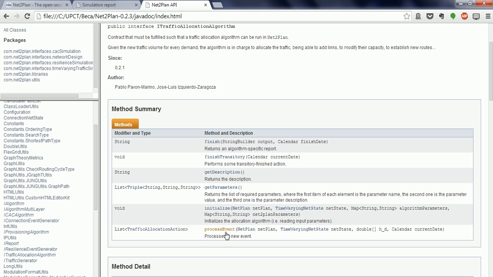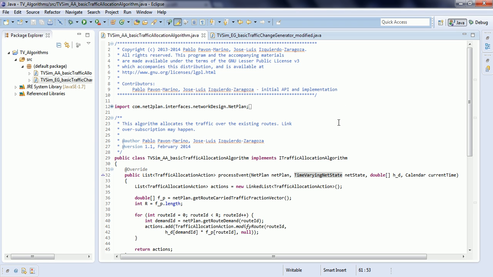Now, the process event is called each time a new set of demands has been generated and must be processed. The finish transitory performs some transitory finished actions. This method will not be used in this algorithm. And the finish method returns an algorithm-specific report. This method is called when you use the simulation report feature. You can collect your own statistics and then return them to be displayed on the simulation report. We will see about this later. Back to Eclipse,